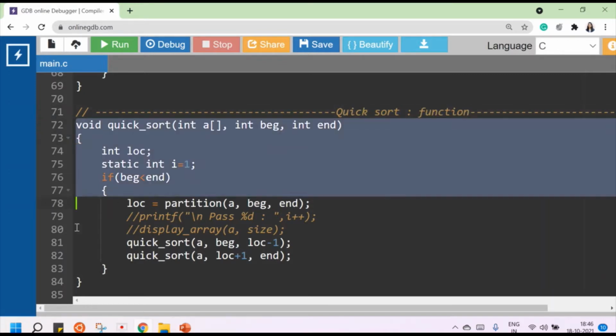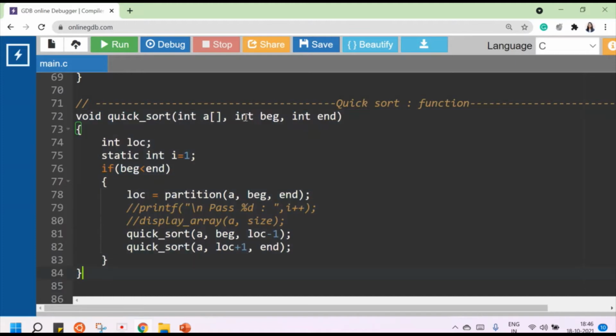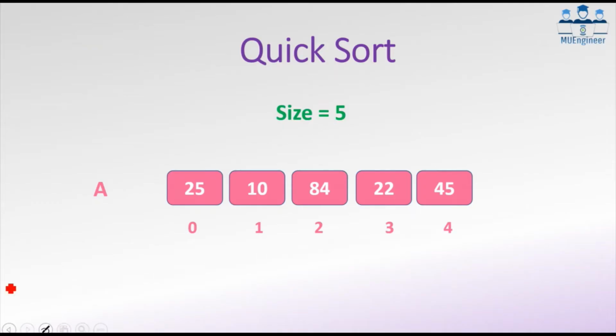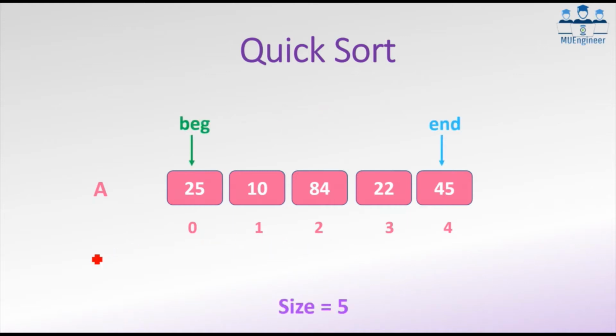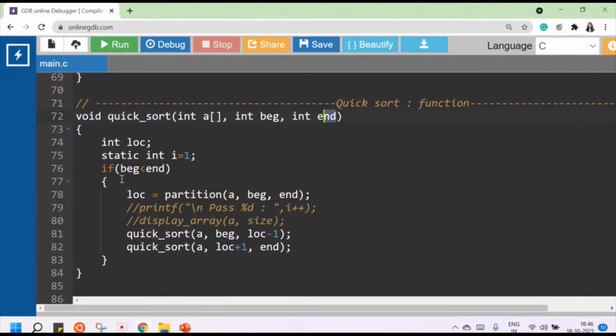So the quicksort function is this big. What it does, the quicksort function takes as an input your array, the beginning of the array and the ending location of the array. Okay. So now let us start. Suppose after the create array function, I have loaded my array with all the values. When I call the quicksort function for the first time, beginning is equal to the location of the first element, end is equal to the location of the last element, and your array name A. So these are the three inputs I get when I call the quicksort function for the first time.